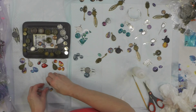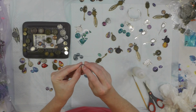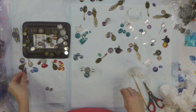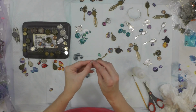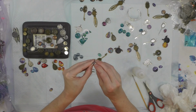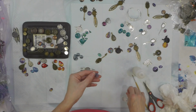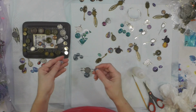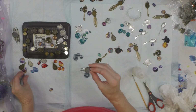So I've got a couple more pieces, but like I said, you have to really be careful the way you catch it with your fingernail to not pull off the paint or pull the paint away from the glass, because if you do, then you'll have little air bubbles when you glue your glass cabochon into your setting, and it will not do right. Okay, so now I'm feeling this one, like this one feels sticky and this one doesn't. So there's still a layer,